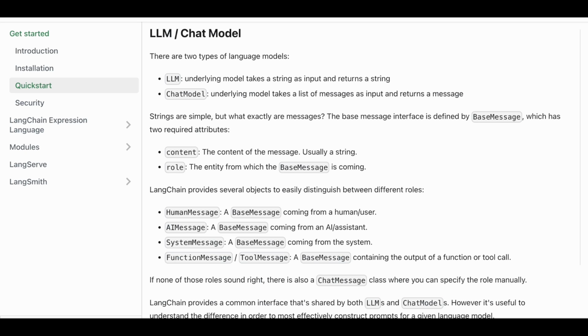The base message interface is defined by base message, which has two required attributes: content and role. Content represents the content of the message, usually a string, and role is the entity from which the base message is coming from. LangChain provides several objects to easily distinguish between different roles: human message, which is a base message coming from a human or user; AI message, which is a base message coming from an AI or an assistant;